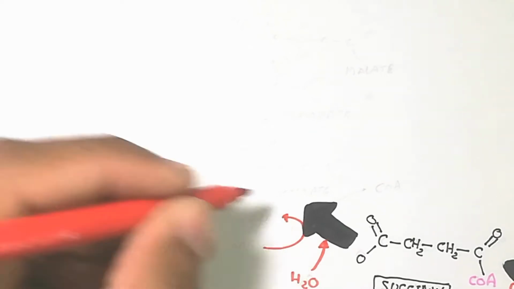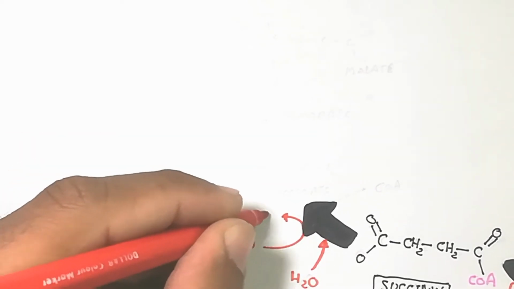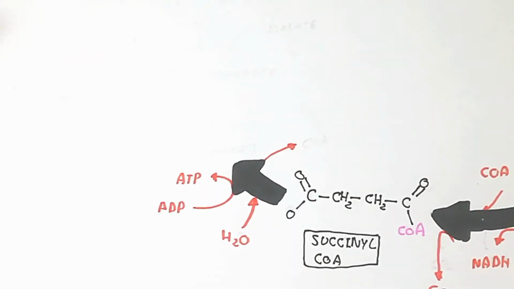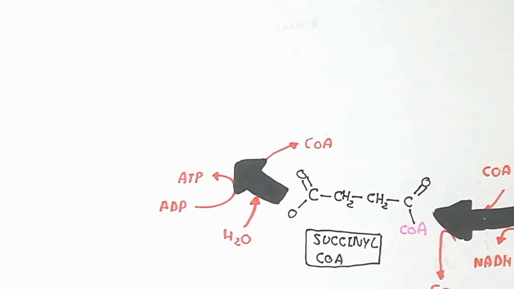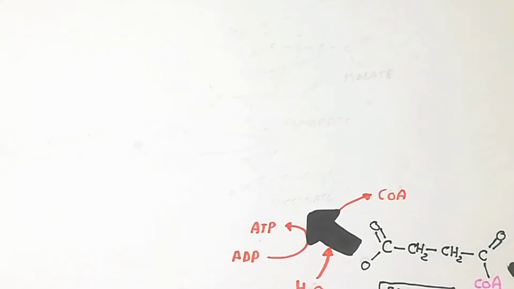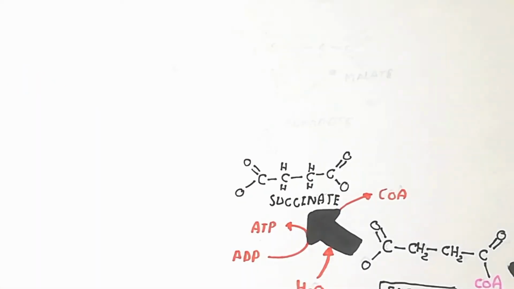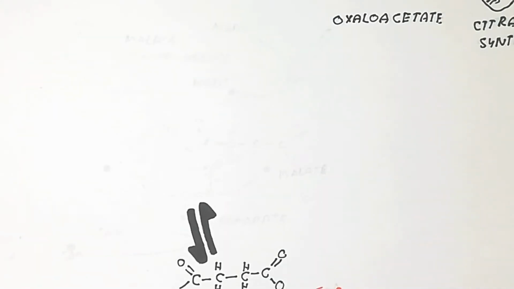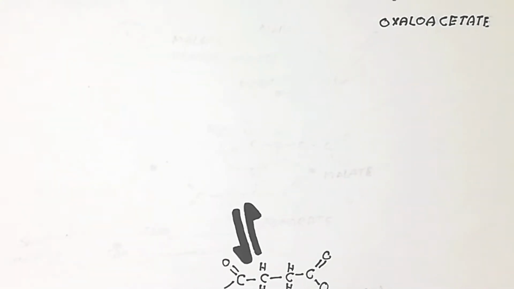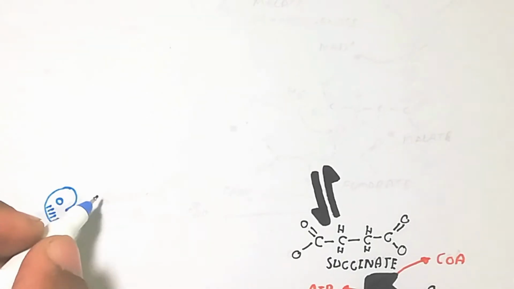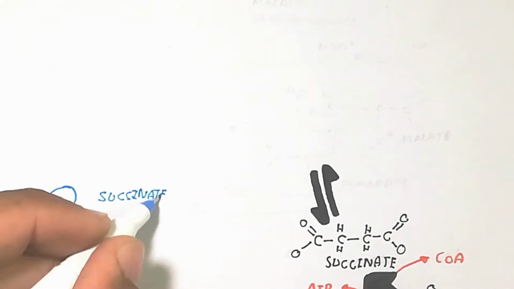So basically, alpha-ketoglutarate is a 5-carbon molecule. Here is succinyl-CoA, which is a 4-carbon molecule. So CoA is released and water is absorbed. Here, succinate will be produced. The succinate looks like this. This succinate molecule will be acted on by the presence of